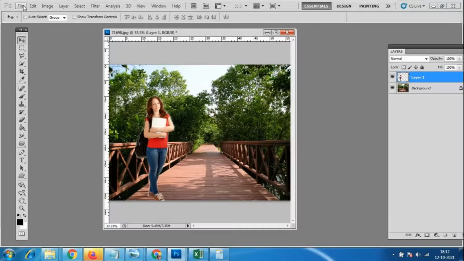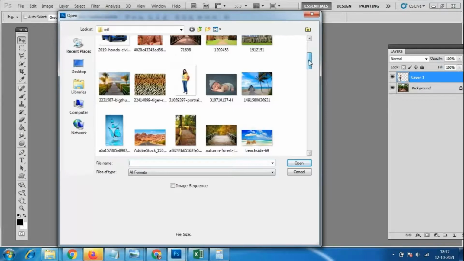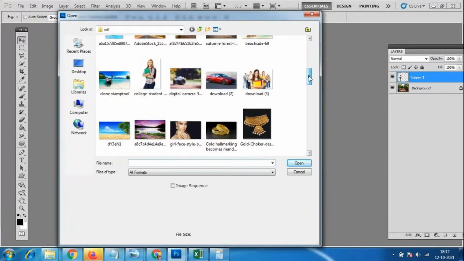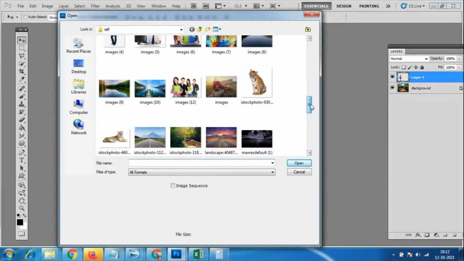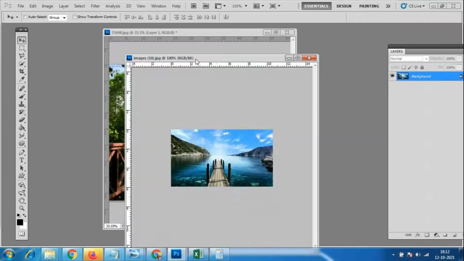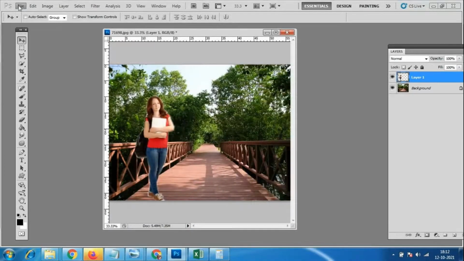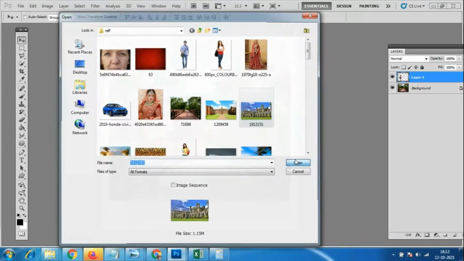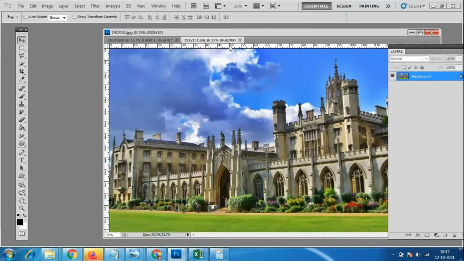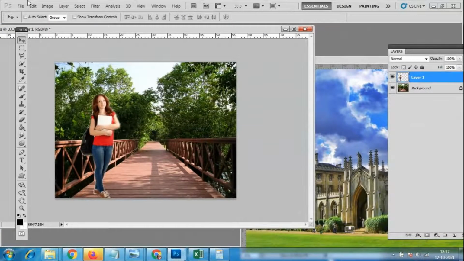I'll just go to file open and take a different background, some background which is matching this file. Even I can take this kind of background also. Look at the file size. Control plus zoom it and look here, it has become completely pixelated. I'll take some background which is this university background. I'll just go again to the same file, where we already cut her and she's there in this file only.